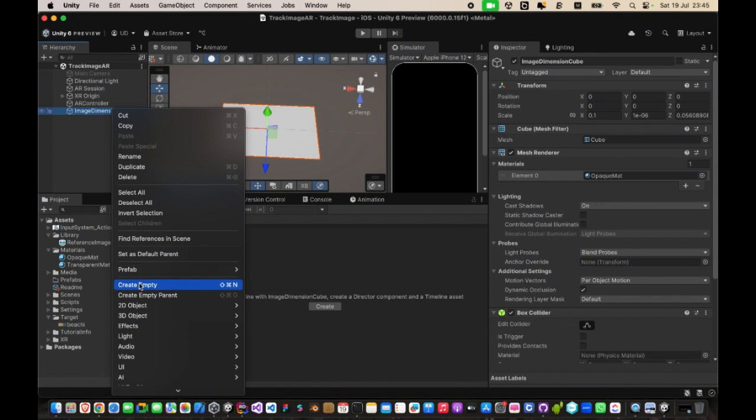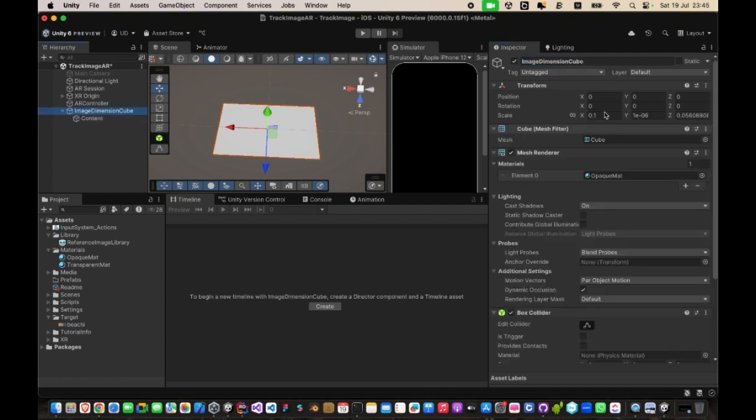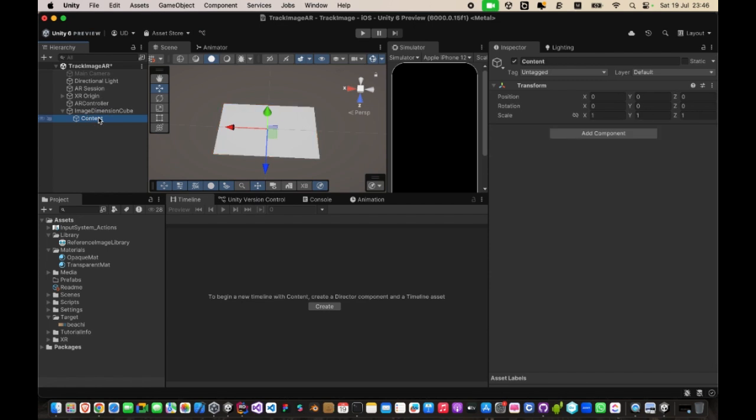I will create an empty object called content. Now this is an empty object. It does not have anything. It has a scale of 1, 1, 1. So it helps to keep whatever we add within our prefab to have a normal scale or dimension. Because if we don't, we'll end up having images or content that are stretched beyond recognition. So this content helps us to keep things in proper dimension, and also helps us to rotate